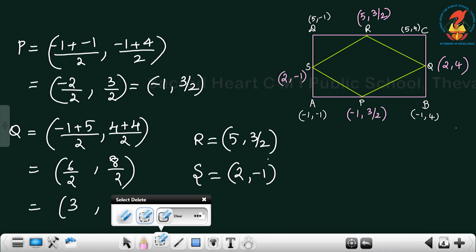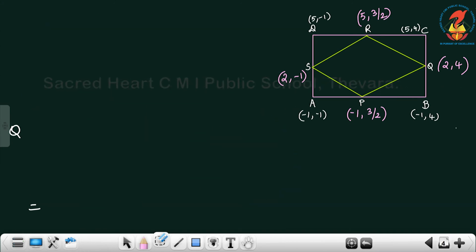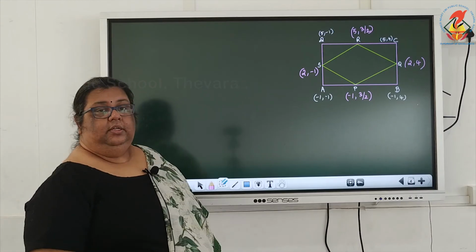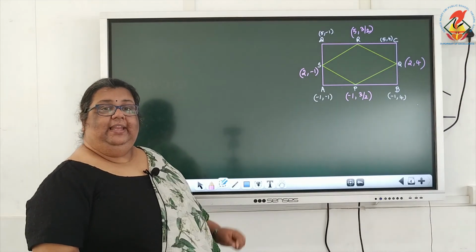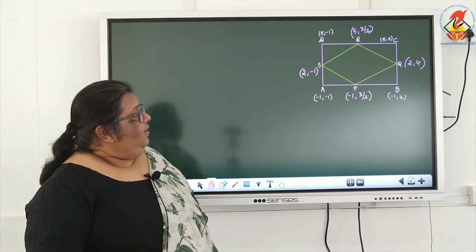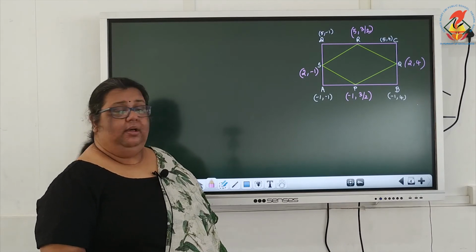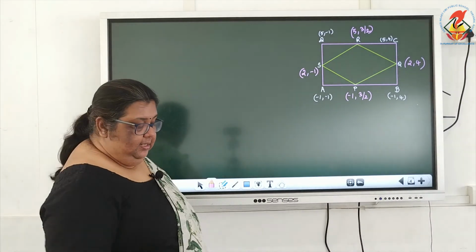Now I need to find what type of quadrilateral PQRS is, whether it is a square or a rhombus or a rectangle. So I need to find the length of the sides of PQRS. To find the length of the side PQ, I can use the distance formula, isn't it? So PQ